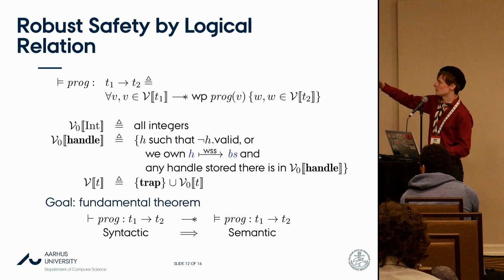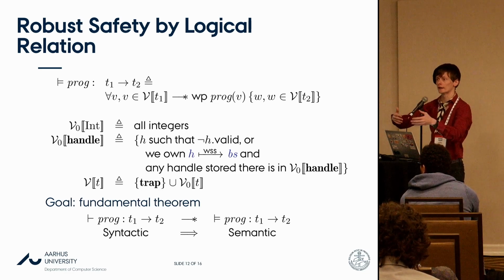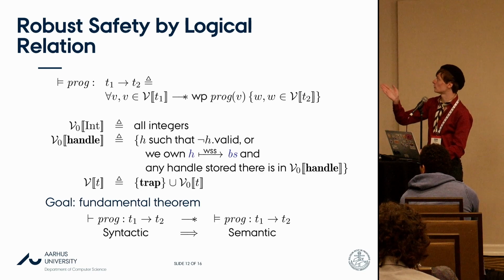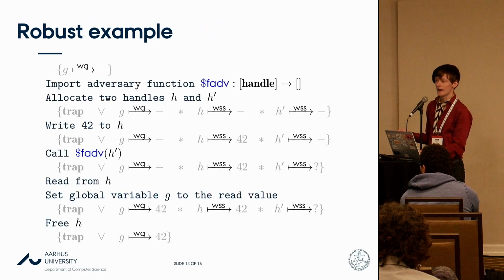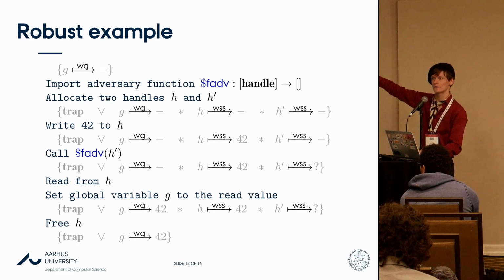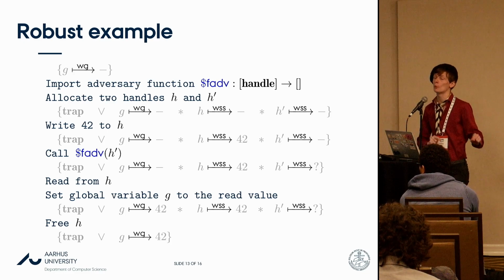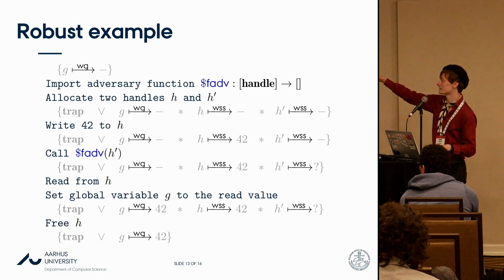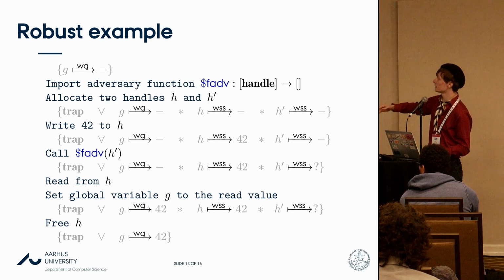When I do this proof, I would like every single instruction in my language to verify that as long as something is safe before, it will be safe once it reduces. And now with this fundamental theorem, I have the imported function f adv. WebAssembly's import system guarantees that anything that has been imported has at one point been type checked at instantiation. So I know for free that that code type checks syntactically. Using the fundamental theorem, I now know that it type checks semantically, meaning as long as I'm able to provide